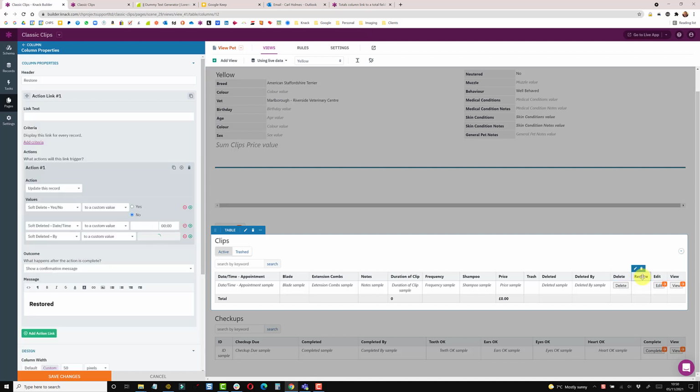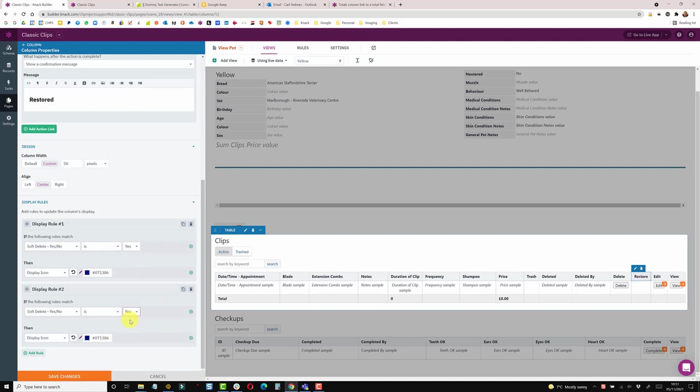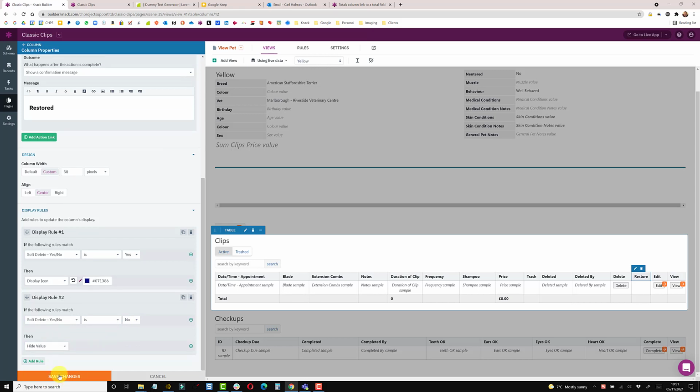Then the next one is my restore action link. So this is the opposite to the trash link. So in the restore, same sort of thing, the header, no link text, update the record and do the opposite. Make the soft delete no, and then just remove the date and time and who did it. So just clear those fields. Mark it as restored, centered 50 pixel, and then on the display rules, I say if soft delete is yes, show an icon which is restore, and I'm just going to add the opposites of that. So if it's no, then you just hide it. So save that,